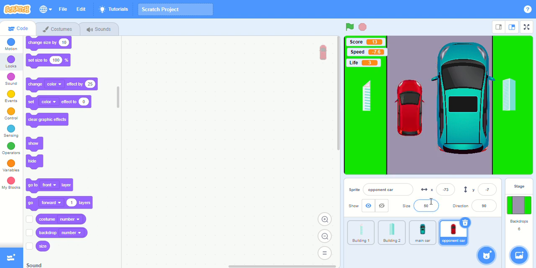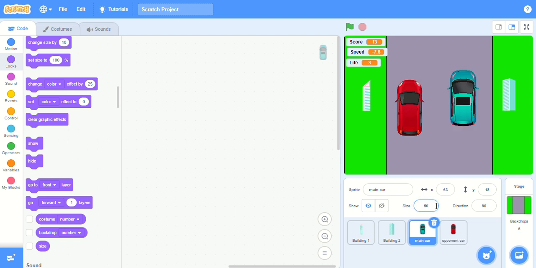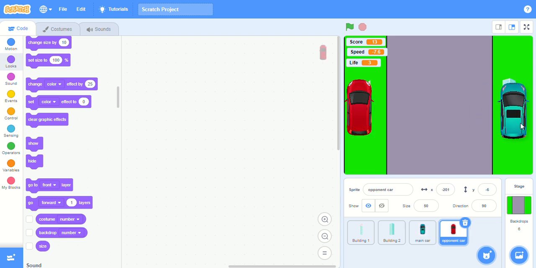Okay, this is enough, and this also we need to change into 50. Yeah, that's enough, and now we are gonna put both of them right here because we need to